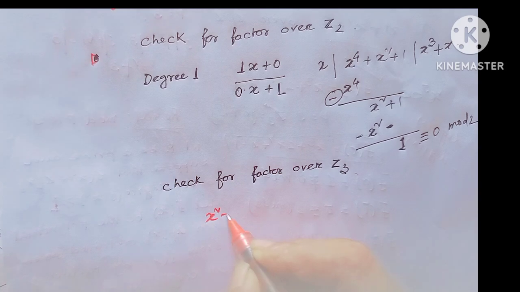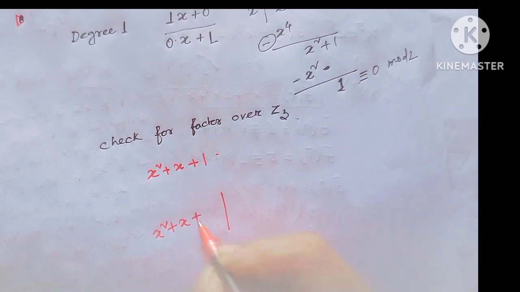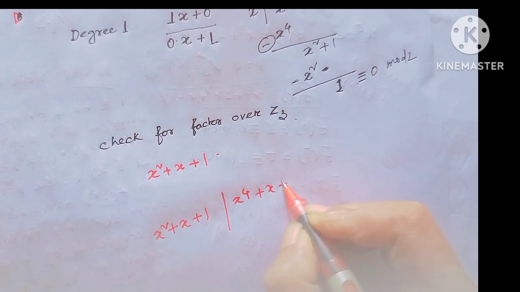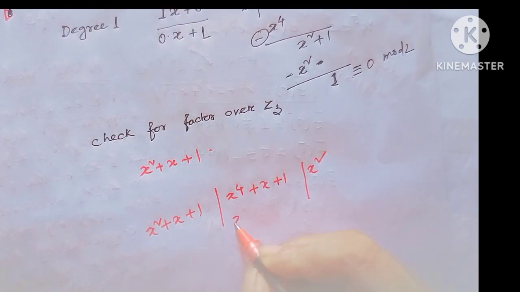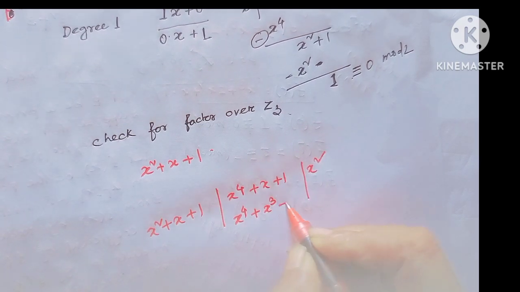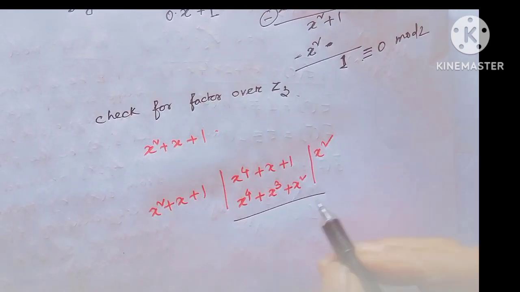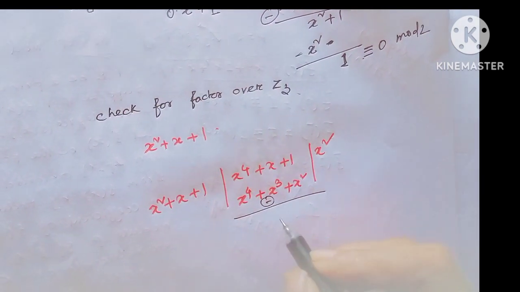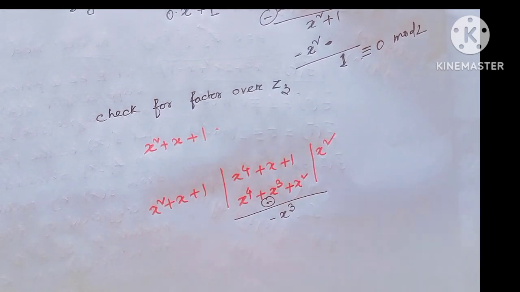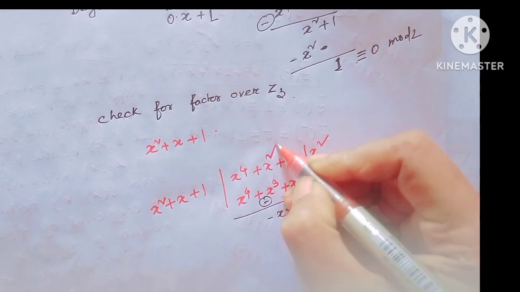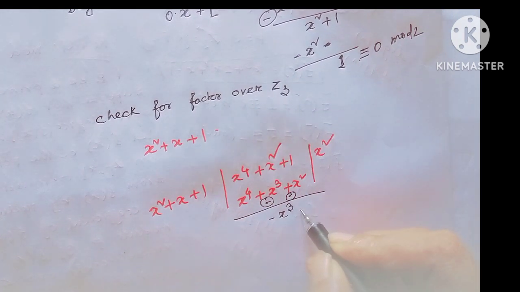This is x square plus x plus 1, and dividing x to the power 4 plus x square plus 1 by x square plus x plus 1, this value would be x square, times x square plus x plus 1 gives x to the power 4 plus x cube plus x square, then subtracting, x to the power 4 plus x square minus x cube, here this would be cancelled, plus 1,